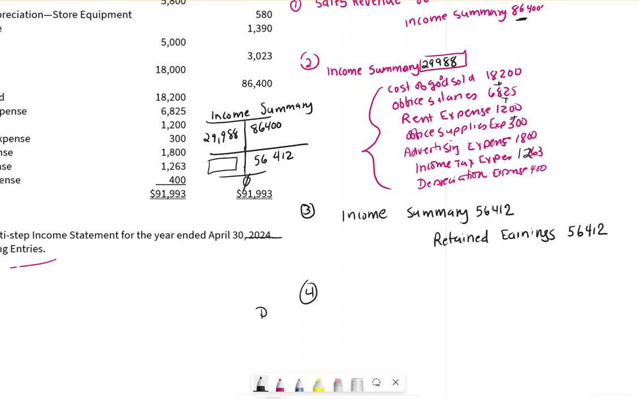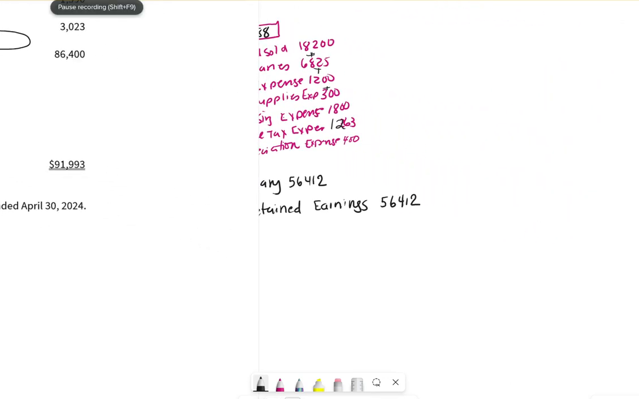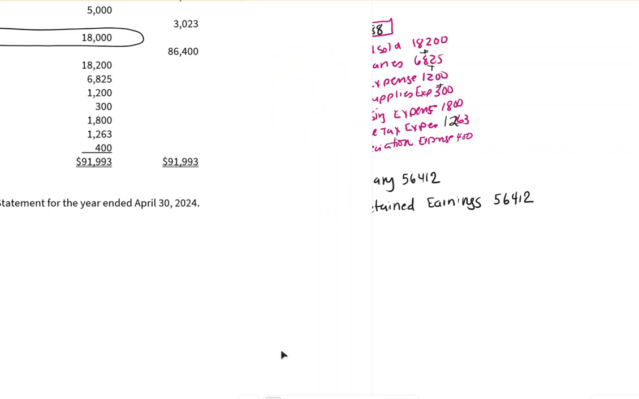My fourth entry was for the D, my dividend. Let's see how much the dividend was in the question, and they told us the dividend was 18,000. The dividend normal balance is a credit balance. If the normal balance is a credit balance, then in order to close it, you are going to,